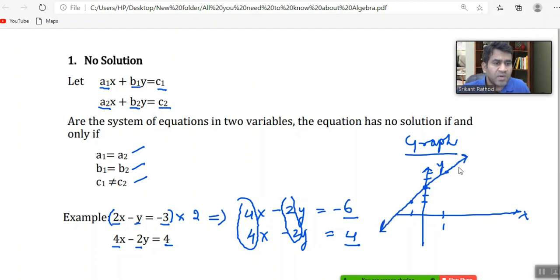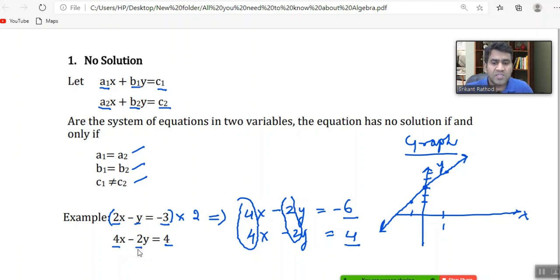You can also convert that into y equals mx plus b, that is, the line equation form of a line, and you can plot it. I'll be discussing that in a later class, that's relating to linear functions. All right, so now in the same way, if you sketch the equation for the second expression, so what it